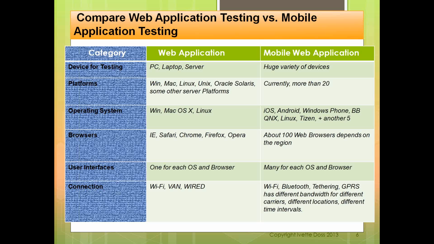The same thing goes for the operating system level, browsers, user interface, and connection. Okay, people understand the first three: devices, platform, operating system. I just want to remind you, you remember we talked last time that there are really a lot of different mobile web browsers that exist. Can somebody tell me why there is such a huge variety of mobile browsers? How is it possible? Anybody can refresh the class, remember why it happened? No?